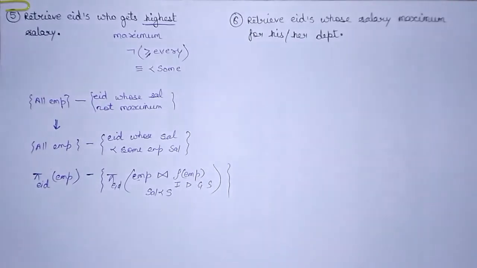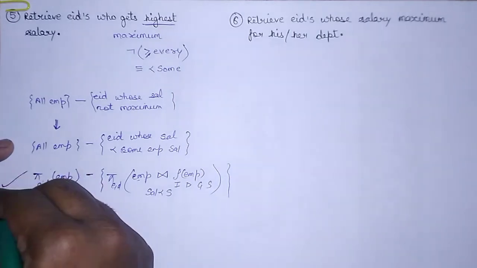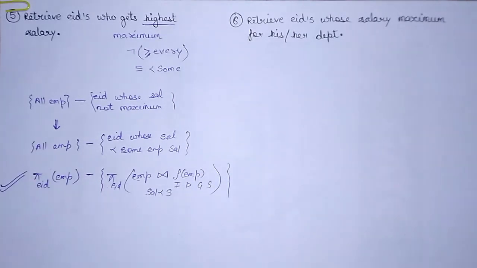You can take an example. If you want to just cross check this, take an example and try to perform the same way. Perform the join operation and everything, then you will be getting the exact value of that particular thing. So this is one of the queries. So this is a query for the fifth relation.